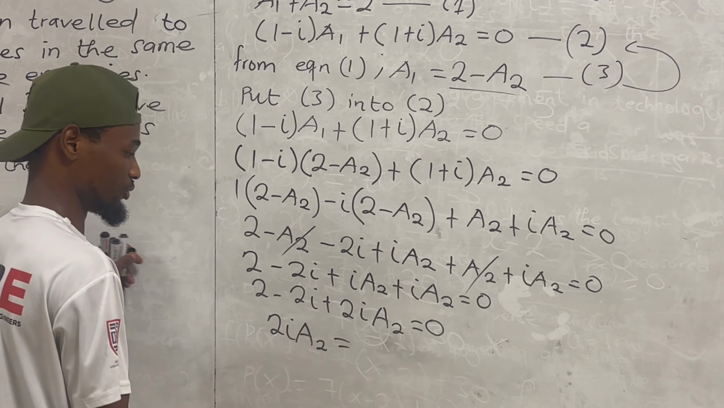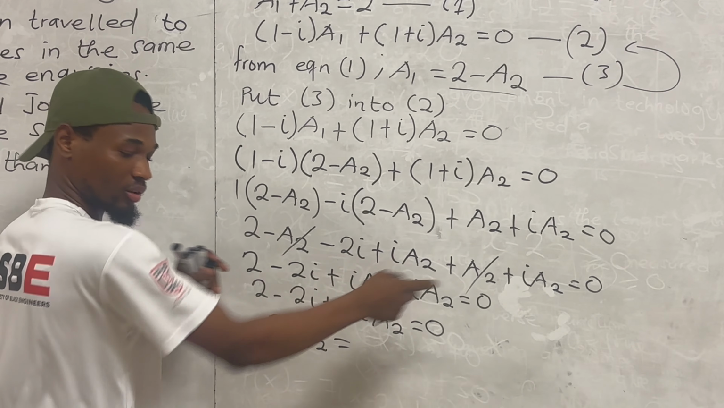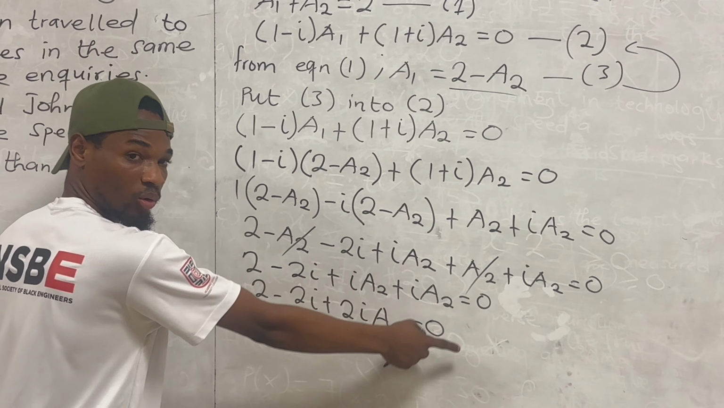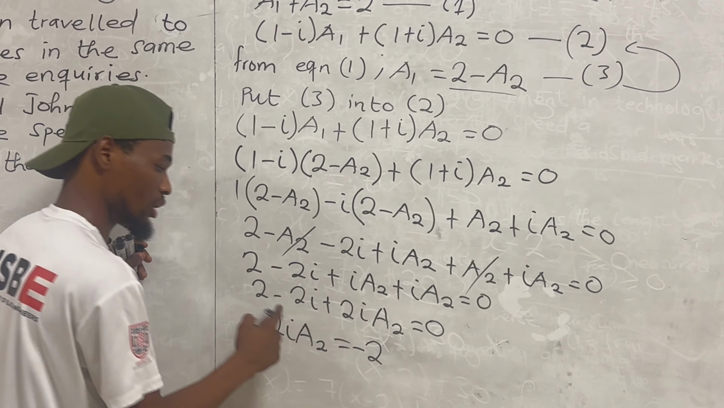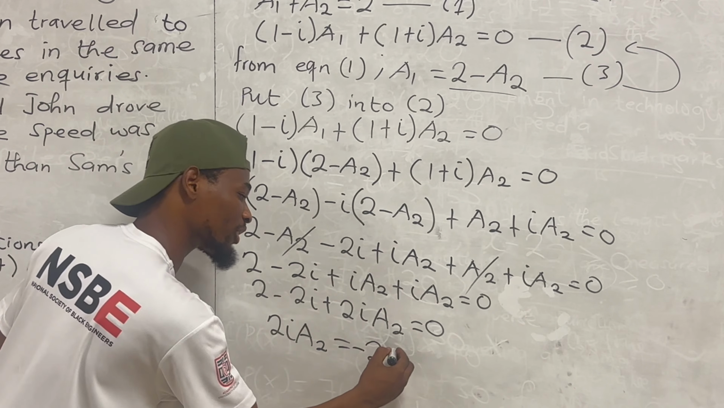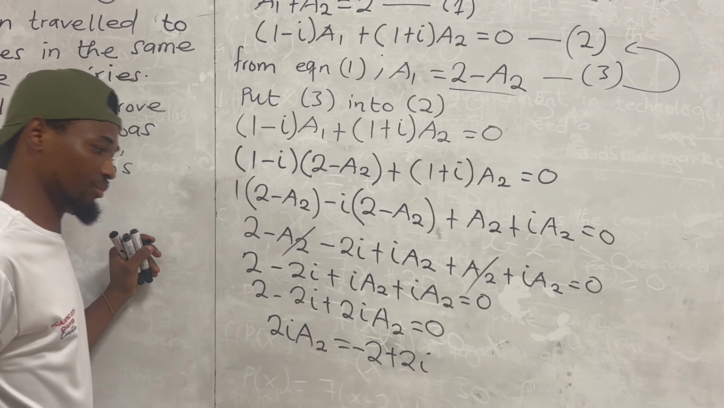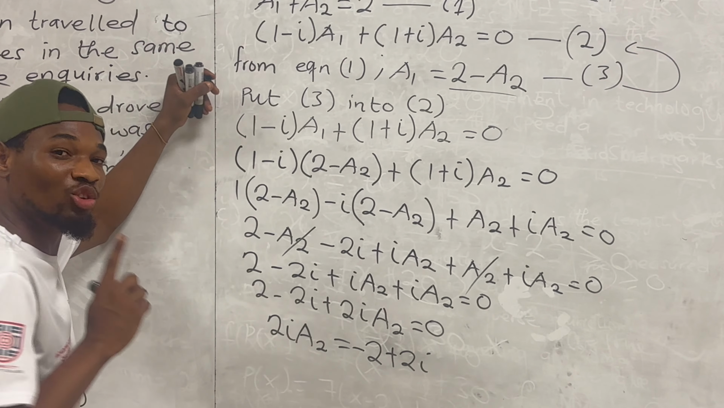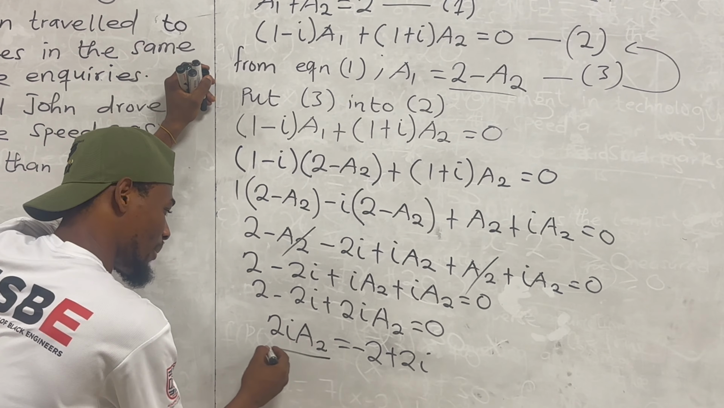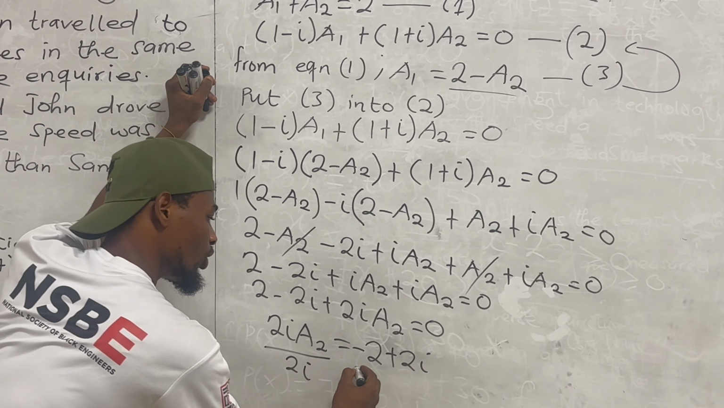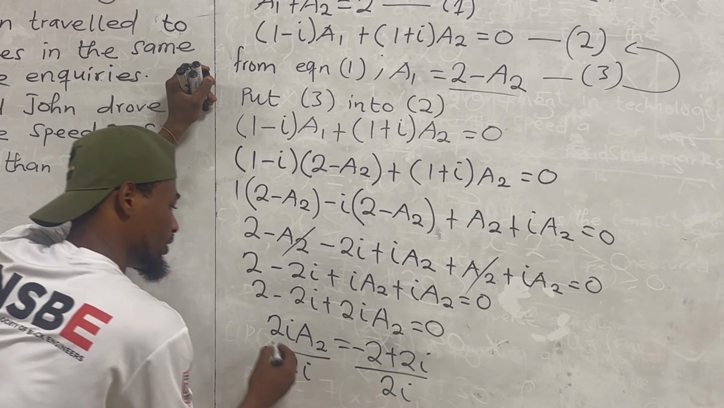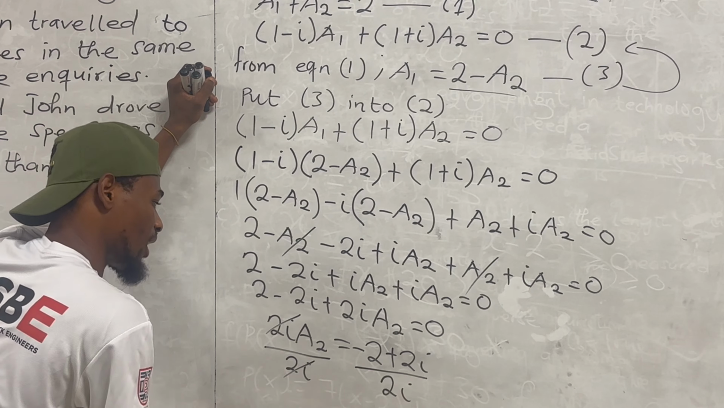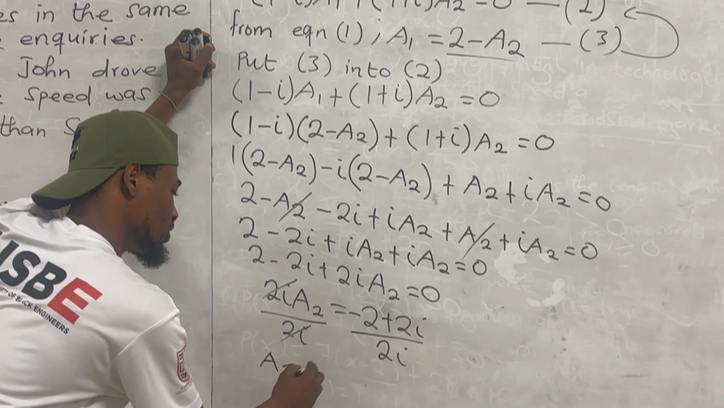then I'll allow this to cross. When 2 crosses the equal to sign, it becomes negative 2. And negative 2I crosses, it becomes a positive, or 2, then I. So I'm making A2 the subject. So I divide both sides by 2I, the whole of this by 2I. 2I cancels 2I. I have A2 is equal to